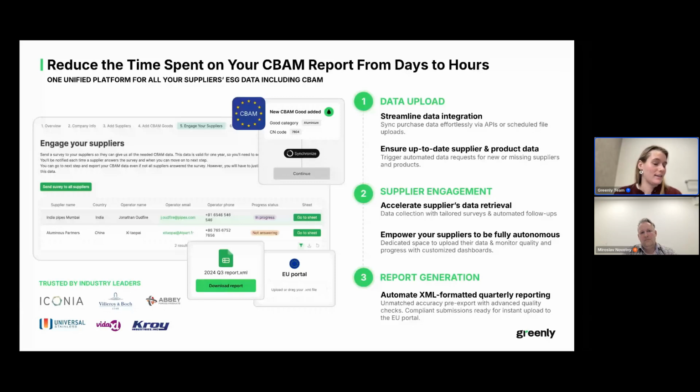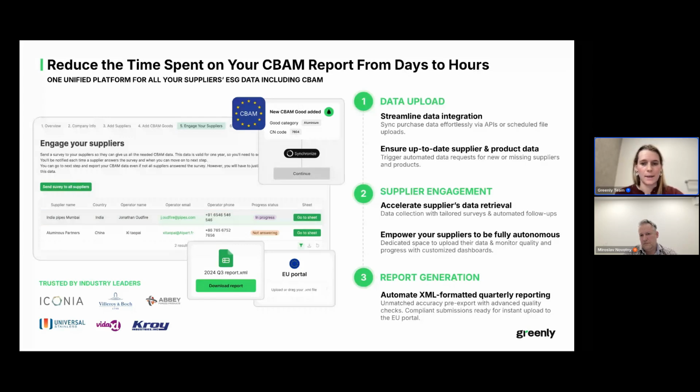So it usually can take, as Miroslav said, a lot of time, weeks to understand even the big European templates, understand where you need to input information, and then when you come across specific embedded emissions, and you never computed your own scope 1 and 2, you have no idea what it looks like. You don't know what the scopes of those emissions are. So we reduce this time to just a few hours with a unified platform that centralizes suppliers' ESG data, including CBAM relevant emissions, where compliance becomes scalable, basically.